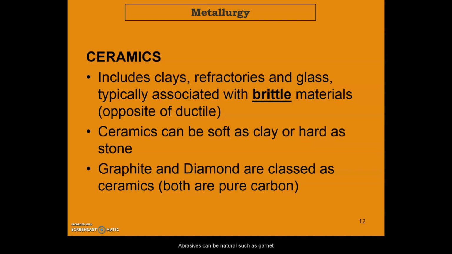Abrasives. Abrasives can be natural, such as garnet and diamond, and synthetic, such as silicon carbide, synthetic diamond, fused alumina, etc. Abrasives are used for grinding, cutting, polishing, lapping, or pressure blasting of materials. Grinding wheels in the machine shop are ceramic, or considered ceramic. Cements. Yes, cements are also considered ceramic and fall under that classification. Cement for roads, bridges, buildings, dams.